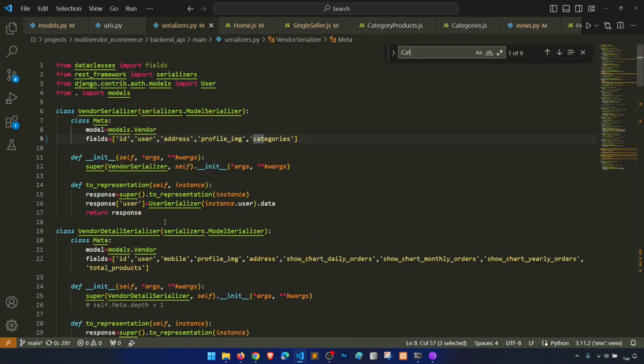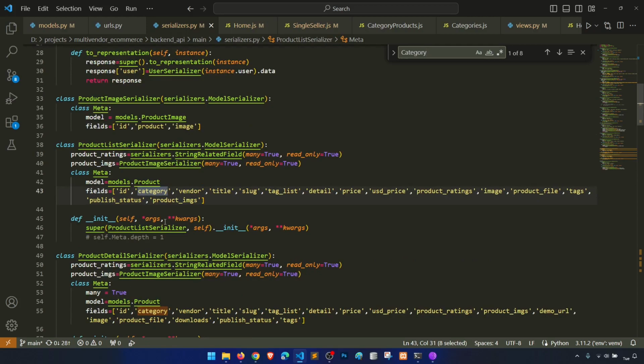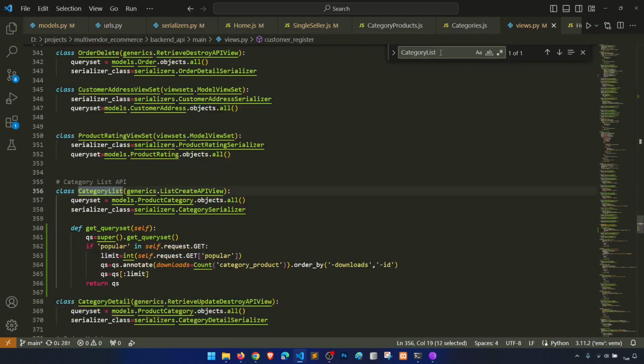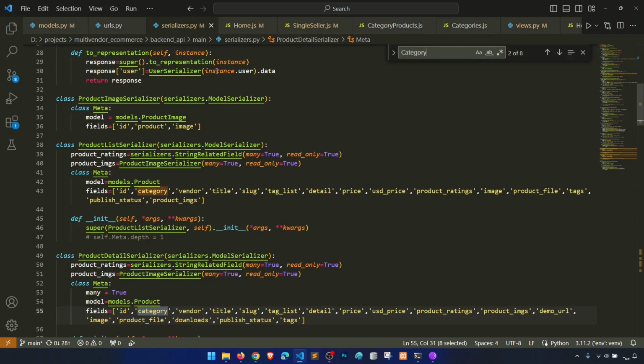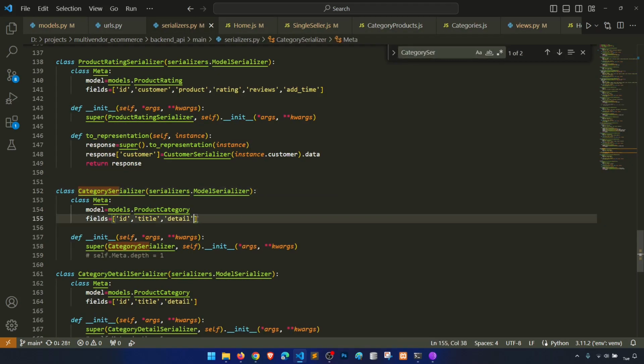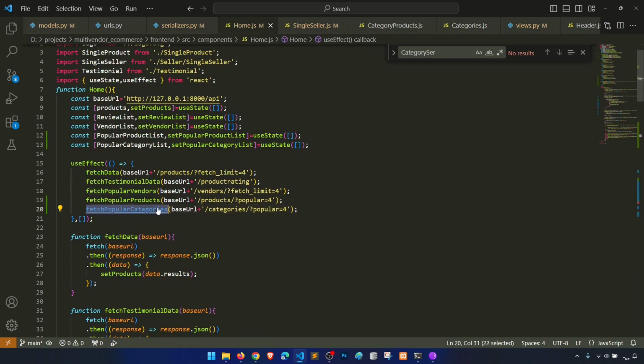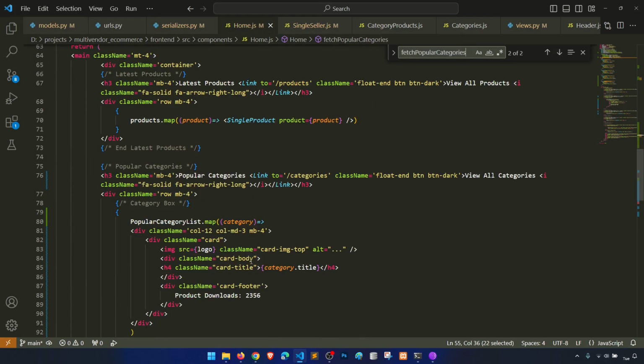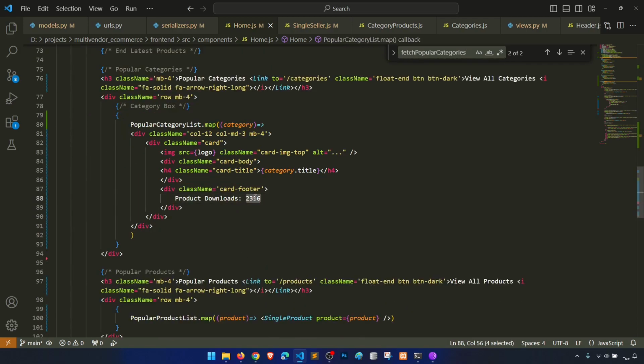So let's say category list, sorry for this. Okay, so category list, where is that category list? So we have the category serializer, and we will also fetch this total downloads, and then we will show the total downloads. Where is the popular categories? Here. So show here